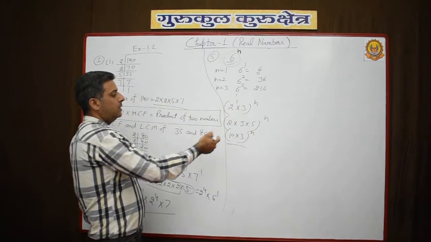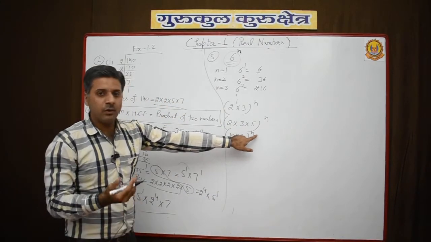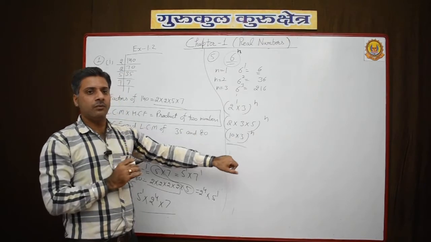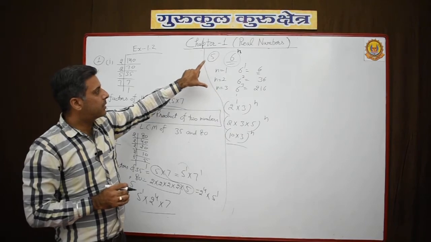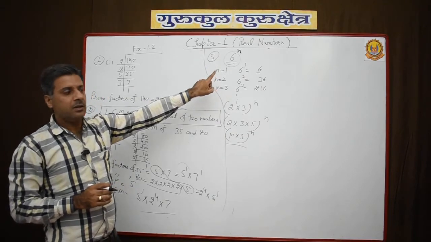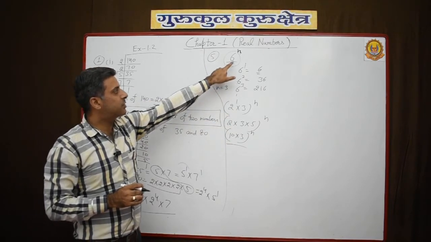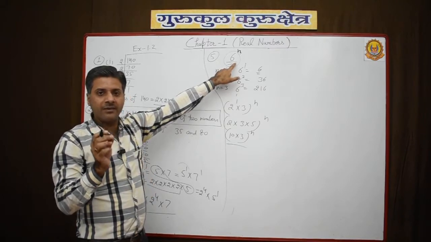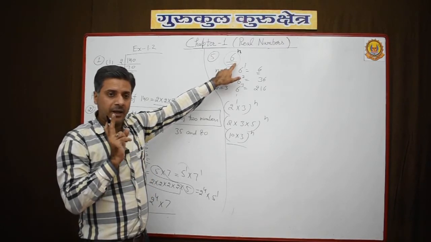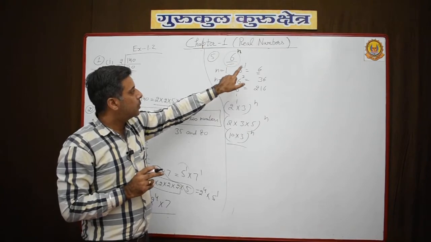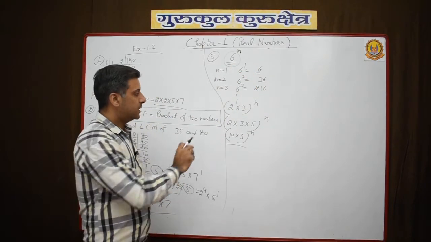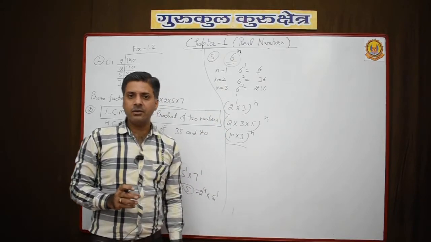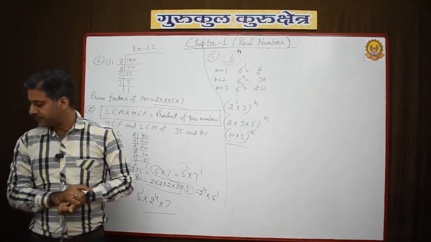So now its last digit for any value of n will be equal to 0. Okay? So this is the uniqueness of the fundamental theorem of arithmetic. Every number should contain the prime factors 5 and 2 both. So at that time the last digit of the given number will be equal to 0. So these things you have to write down. This is the uniqueness of the fundamental theorem of arithmetic.